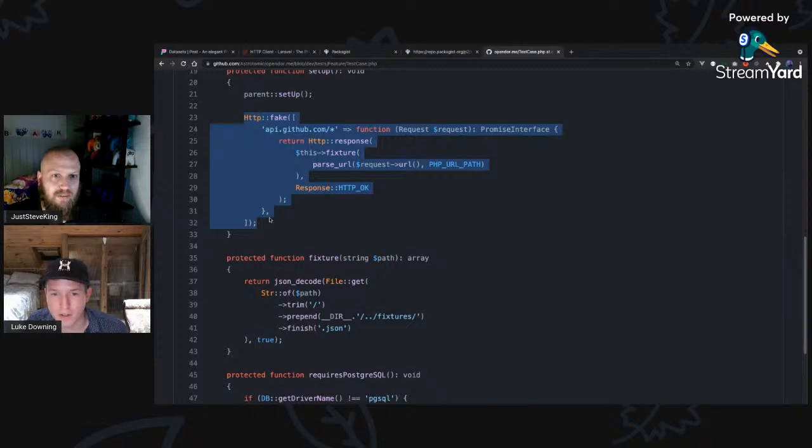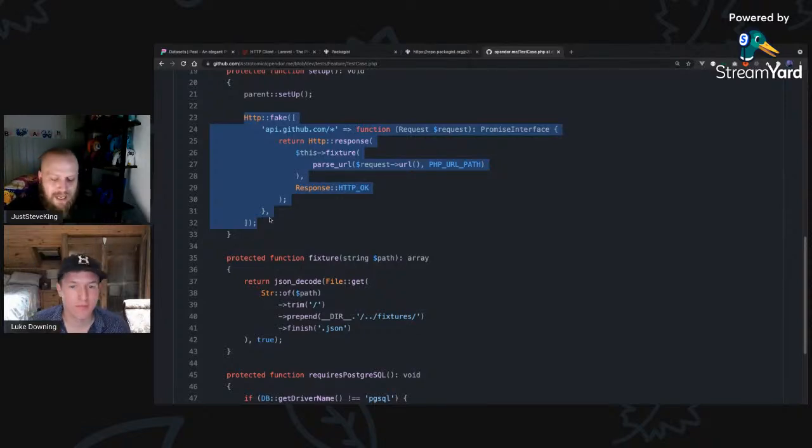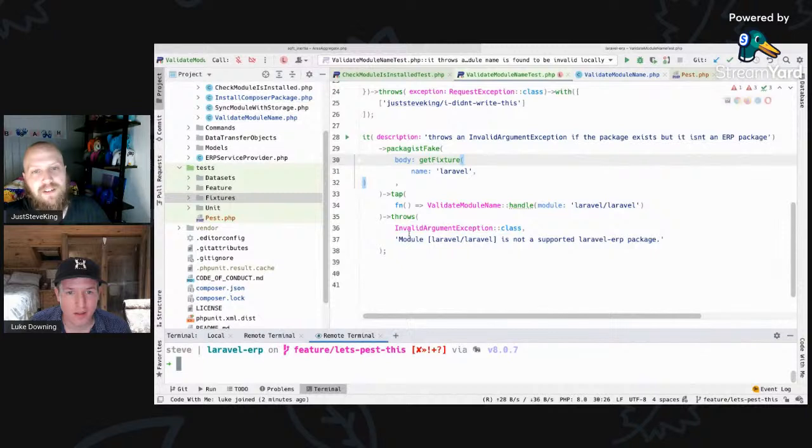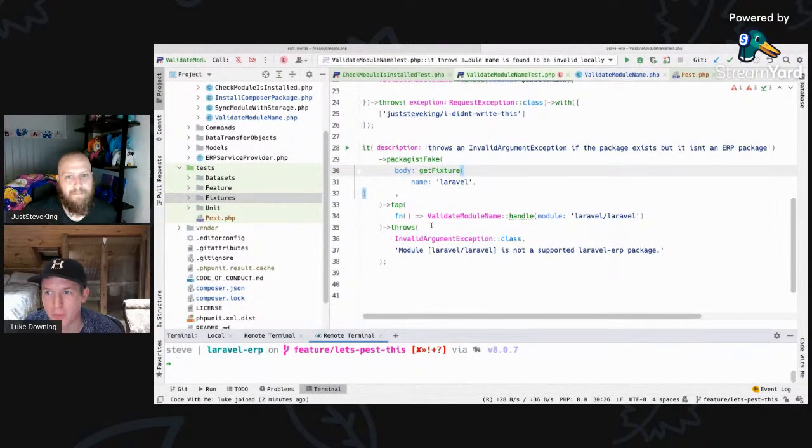I'm just having a quick look because Adrian just says this. Hey, if you require more complicated logic to return a response for certain endpoints, you may pass a closure to the fake method. It will receive the request and return a response instance. You can grab the package name from the request. I could do, but I don't think it's going to add anything. That's the main thing right now. It's not adding anything. And I think if it becomes more apparent down the line that you're testing with like 3-4 fixtures, then